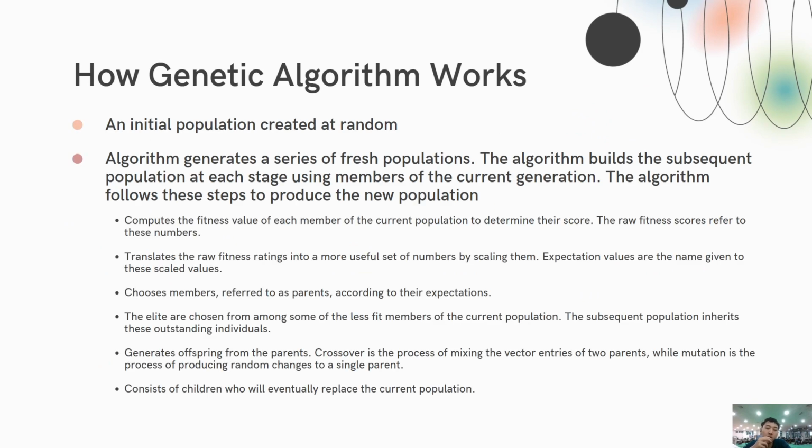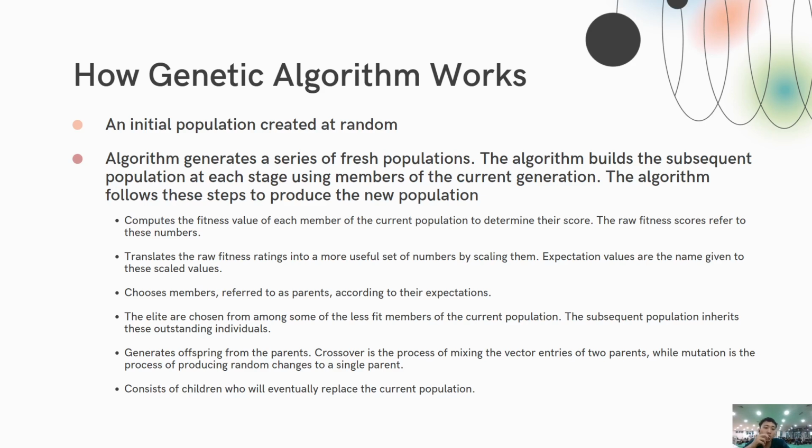And this is how genetic algorithm works. The first one is an initial population created at random. The algorithm generates a series of new populations. The algorithm builds the subsequent population at each stage using members of the current generation. The algorithm follows these steps to produce the new population. As you can see,